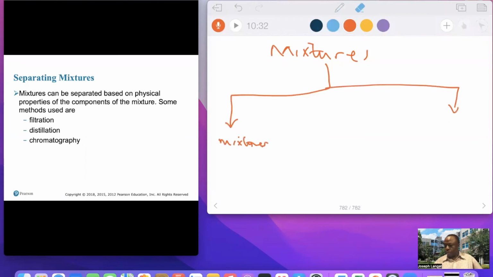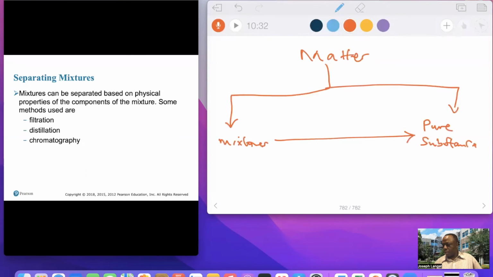I want to say this to be just matter. Matter can be classified as mixtures or what? Pure substances, which means these can be what? Separated by physical separation. You can separate mixtures into pure substances by physical separation, of which we have evaporation,